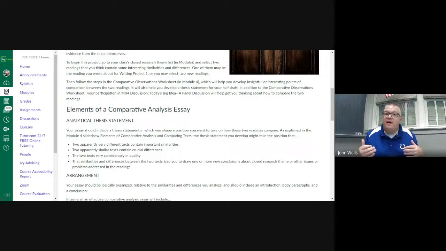That's that critical analysis piece. It's not just here's what one does, here's what the other does. It's why does it matter? What is the significance? What does it really tell, right? And so when we look at these two articles, we really want to dive into why does this article talk about it this way where this article doesn't? Or this article really makes a better case because, right? And so we want to be able to really look into those fine details.